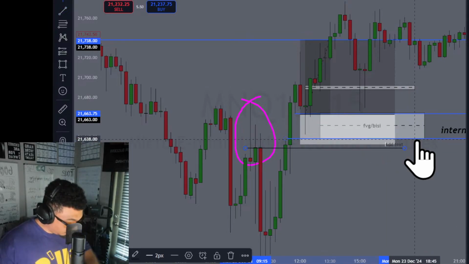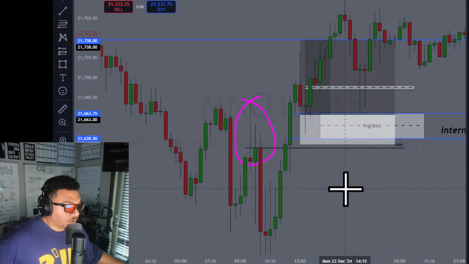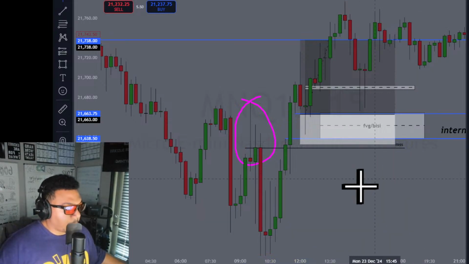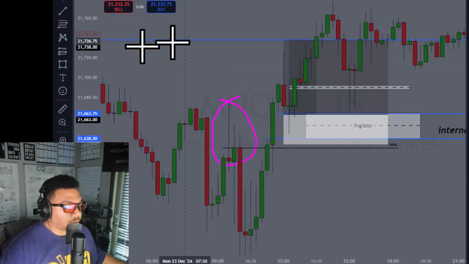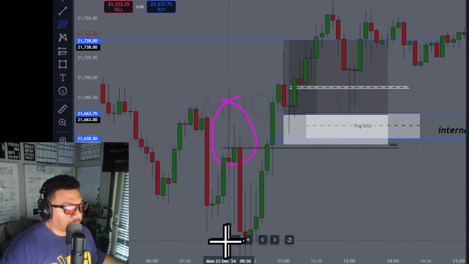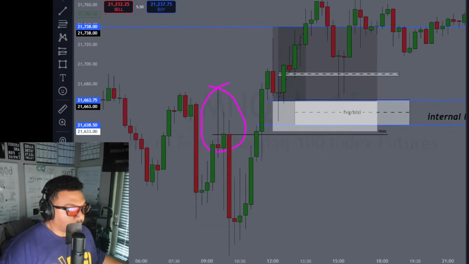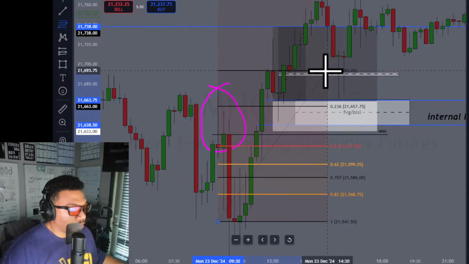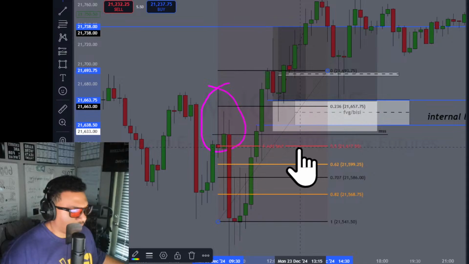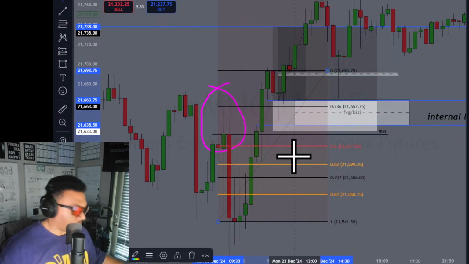Some people just trade based off that, which is fine. But whenever you see that, you know that you're going to measure, on a lower time frame or potentially that same time frame, a fib level to see if you can find a trade. So in this scenario, let's say hypothetically you try to measure this entire level up to here. It doesn't come back down into the range in order to get into a trade.